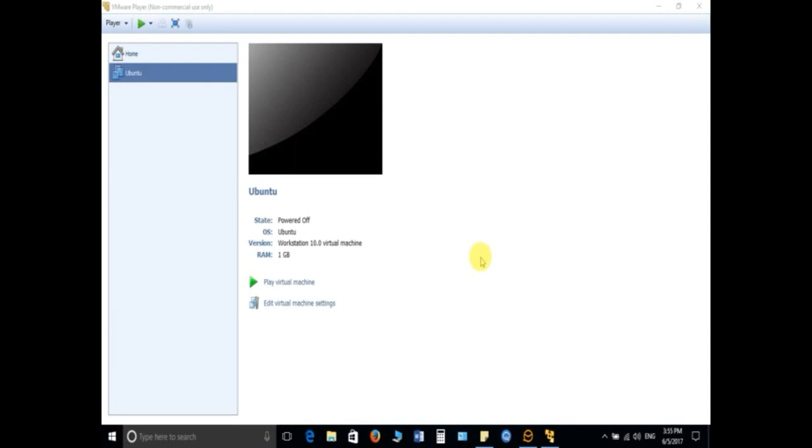So the CD or the ISO image which has been provided to you through mail contains the Linux operating system, that is the Ubuntu version 16.04, and Koha is already installed in the operating system. Both have been combined in the form of ISO, and the same has been circulated to you. So now I'm going to show you how you can install the Linux first, and then we can proceed for the rest of the session.